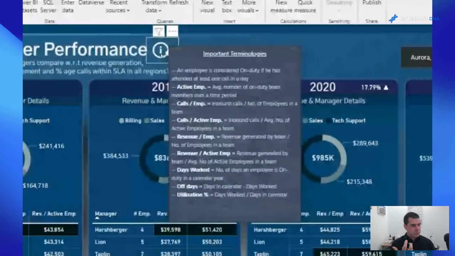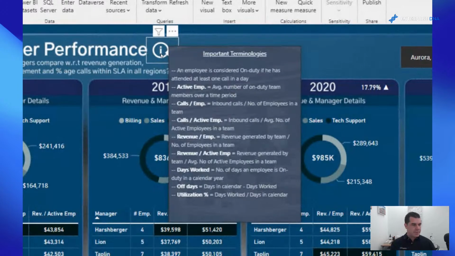But it's embedded into an eye icon which showcases, okay, here's some important information, some important terminologies, and then it's listed in a tooltip. This is a fantastic use of real estate on a report. You're not putting all of this information on the actual page itself. It's just showing when someone is hovering over something, when someone's trying to learn a little bit more about an insight, a particular element in your report.